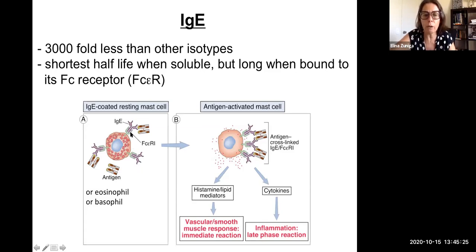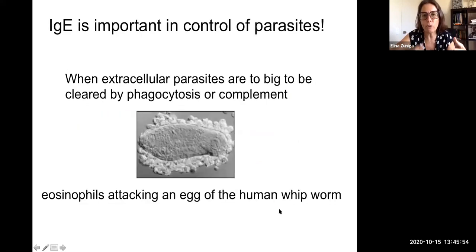And we will learn more about that, but the IgE, the Fc epsilon receptor, so the receptor is specific for the constant region of the immunoglobulin E, are present in mast cells, in eosinophils, and in basophils. And once they are cross-linked, they produce histamines and lipid mediators that promote muscle contraction, and they also produce secretion of cytokines. And this is important to fight these big parasites, the helminths, that cannot be taken up by the phagocytes,